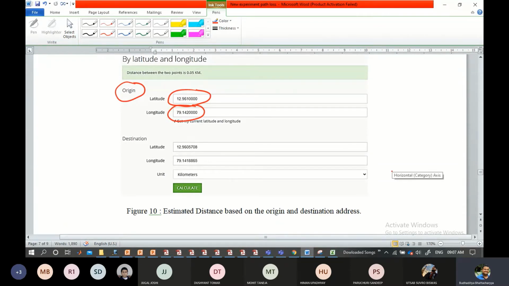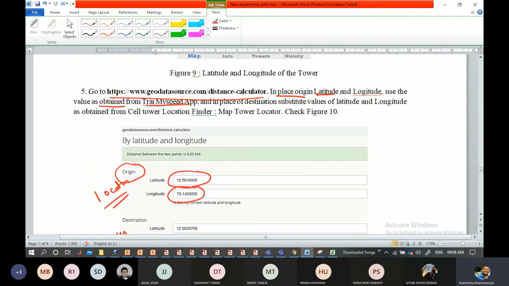Let me check once, one minute. I'll just check it and tell you. Yes, this is the data that I got from the MyTri. I think this will be MyTri, and this will be the origin because this is a transmitter in a way. This will be the locator app. I think in the writing it is a little opposite, I guess.